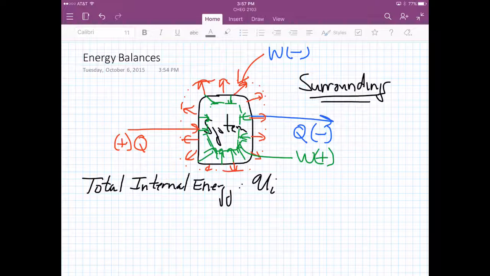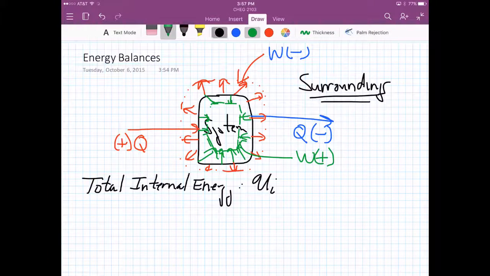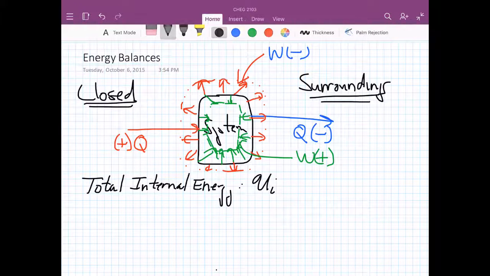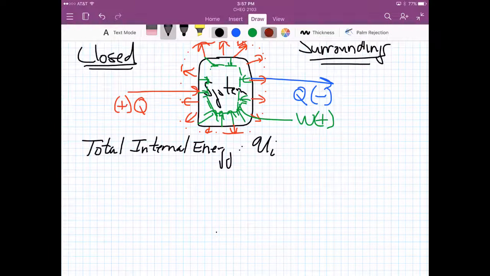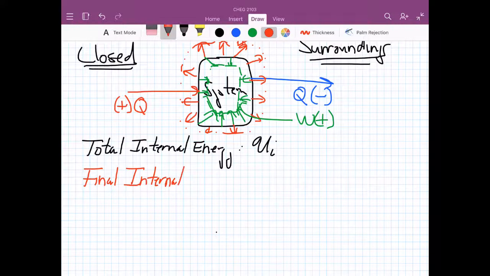because this system is closed. No mass crosses the boundary. So I could do all of this, and at the end, I would have a final internal energy,